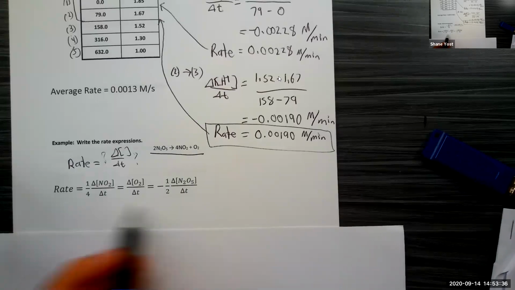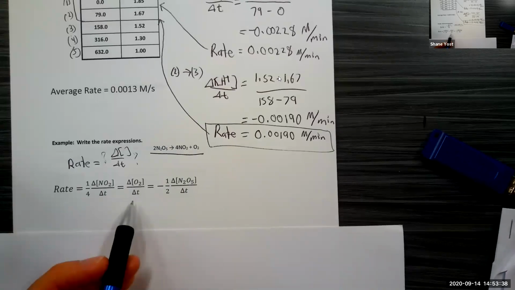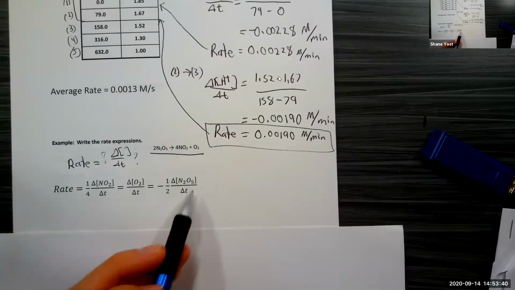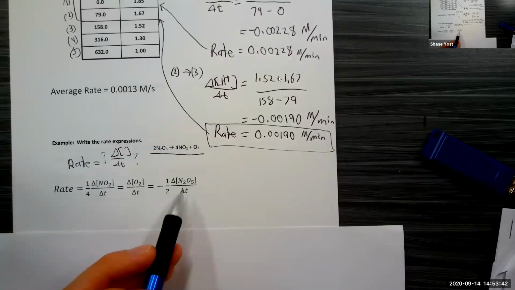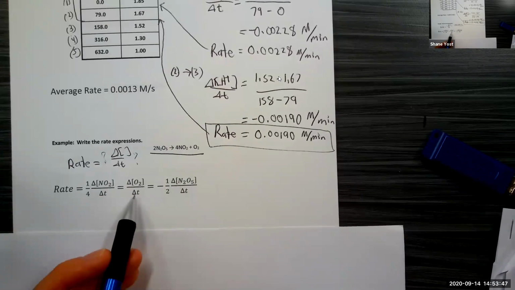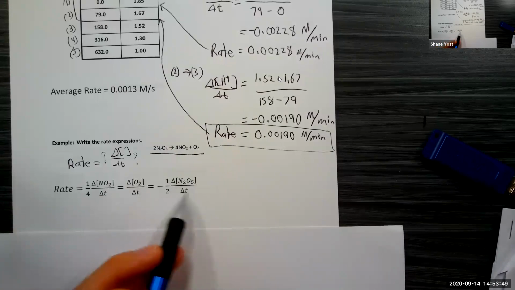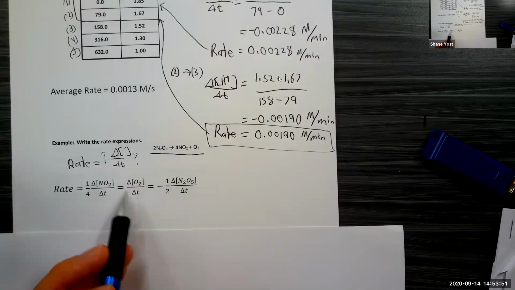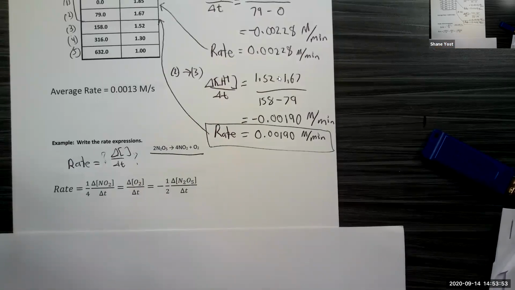And then you can even use this to relate the rate of change between these two. Using this, I can say the change of concentration of O2 over change of time is minus 1/2 change in concentration of N2O5 over change in time. So if I'm given this, I can multiply it by minus 1/2 to get this. Or sorry, multiply it by minus 2 by moving that over. So you can use this relationship as well to relate the concentrations if you want to.